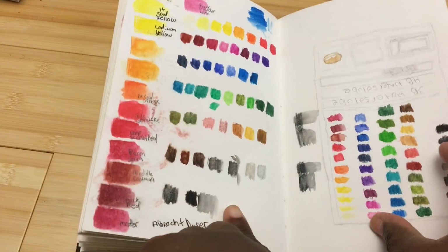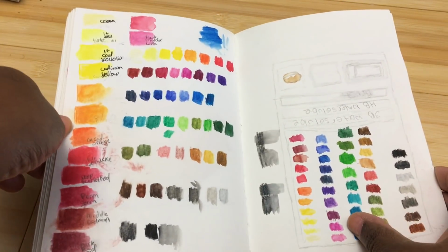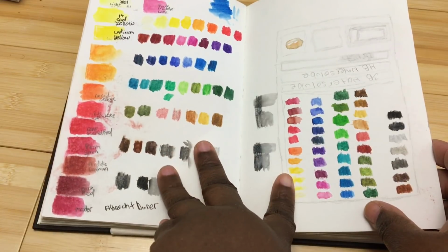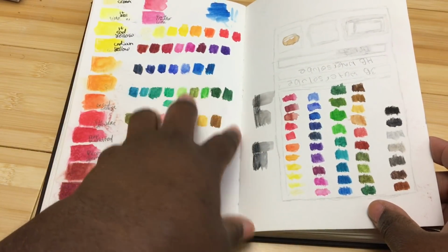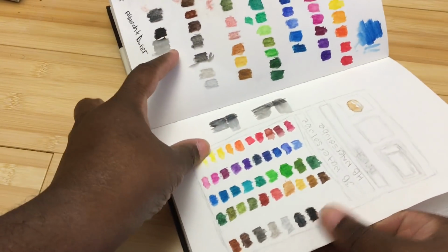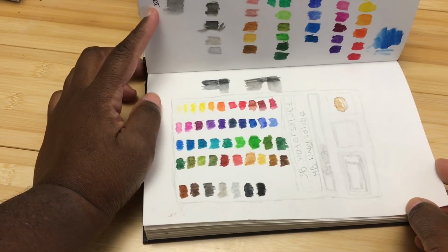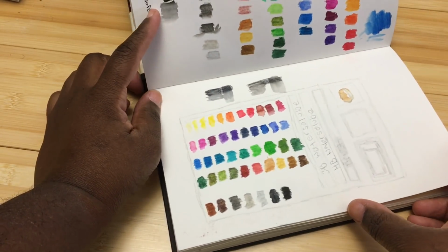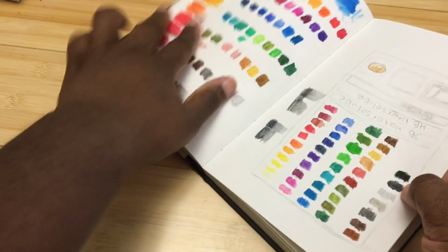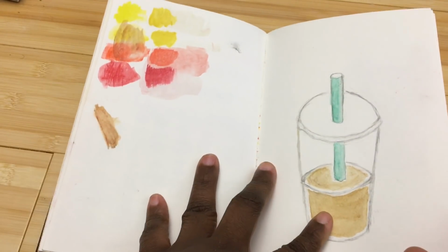And I was going to try to do all 100-something colors of the Albrecht watercolor pencils, however many colors. I was going to try to do this big swatching thing, and I decided against it, and I ended up doing just these little mini swatches, because this must have been around the time that I got, over the summer, the wood box set of the Albrecht watercolor pencils, the 48 wood box set, and I'll give a link to that one. And that was a lot of fun, but